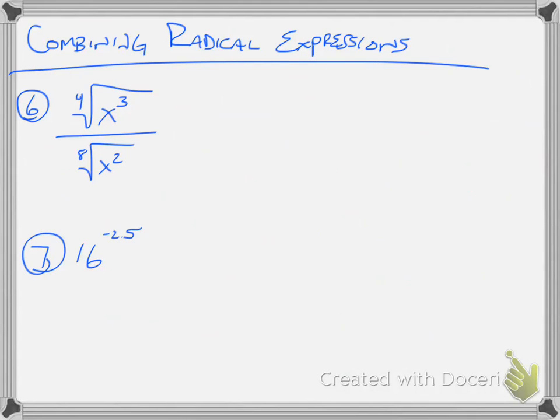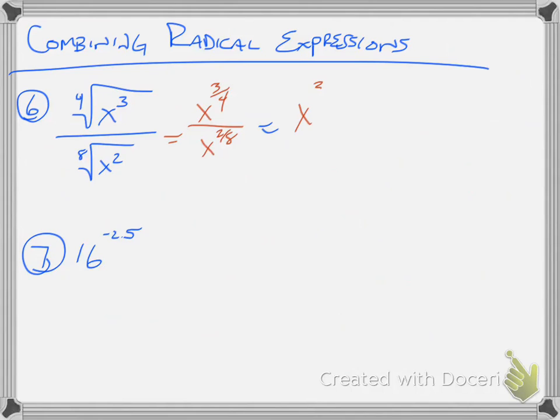So here, be careful to pay attention that these are different radicals, so I can't simplify this here. I can't simplify those x's where they are now because they're different radicals. So if you can't do anything with it, try to change the form. So it's in radical form. Let me change it to exponential, and I have x raised to the 3 over 4 over x raised to the 2 over 8. And now, because these are both x's, I am able to simplify, and I'm going to